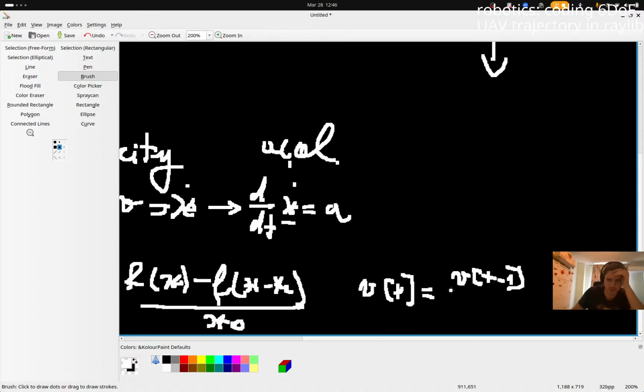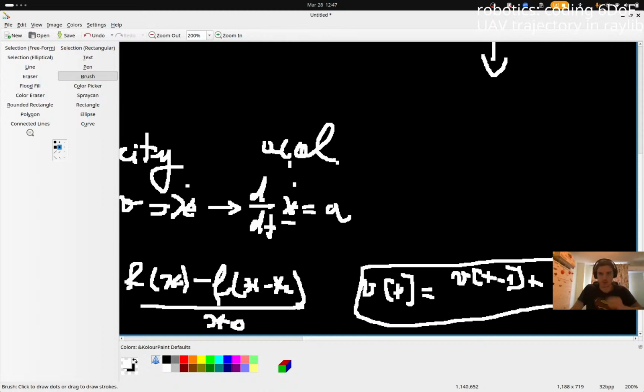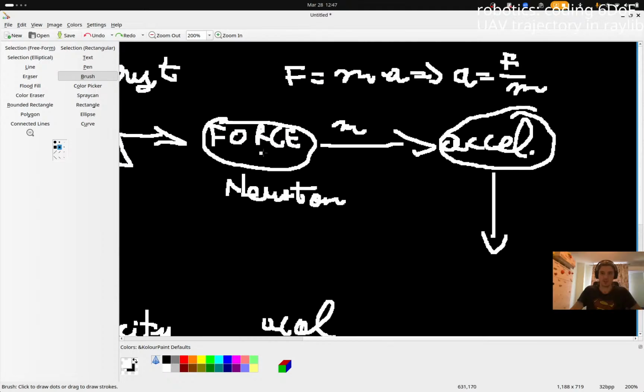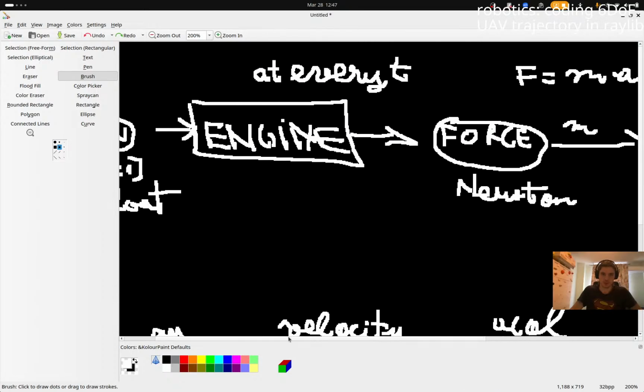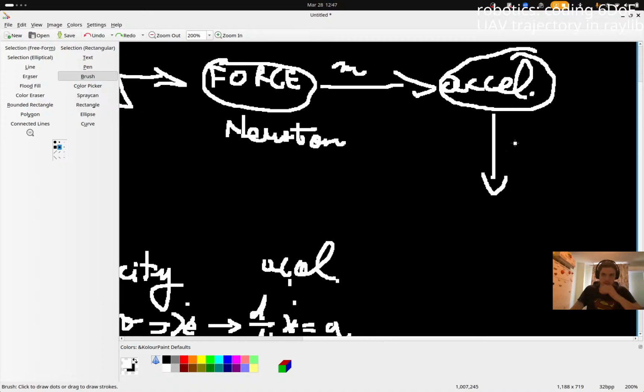Let me just make sure I don't do this as plus a, or well, dt or t, better said. So you can do this pretty much as long as you have a small enough t. This is a good approximation. So you can get the current speed as basically adding the acceleration times this delta time to the previous one, and this one is a value which you can get from here. So the engine outputs the force, and through this you just get v